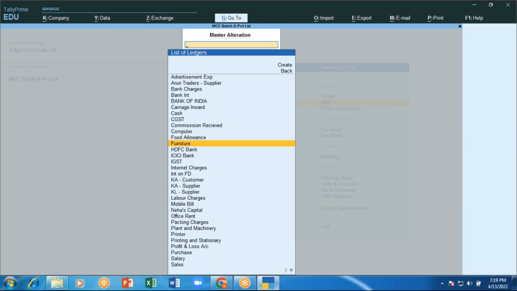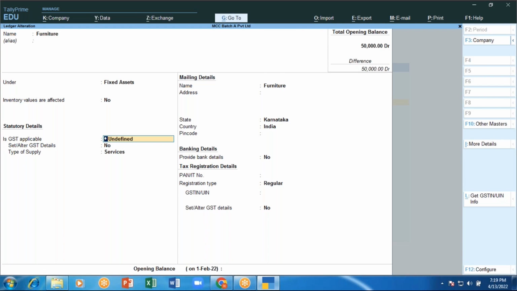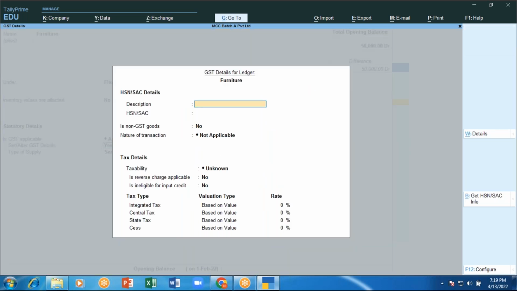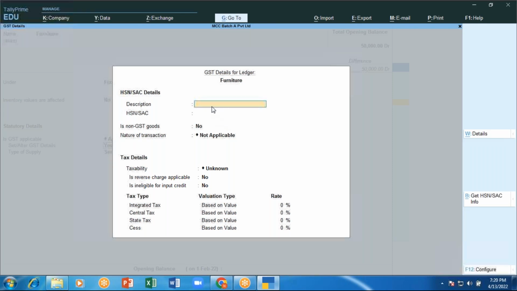The same way, let me show you one more thing. Furniture. Furniture is what? My fixed asset. So here also I'll make it as applicable. Set all the GST details, you make this yes. If you want to see in a detailed screen, you can get it. If you don't want, you can just press F12 and whatever the option you want, you can make it yes. So now here I'll just give capital goods,